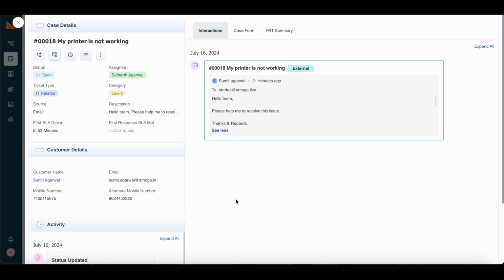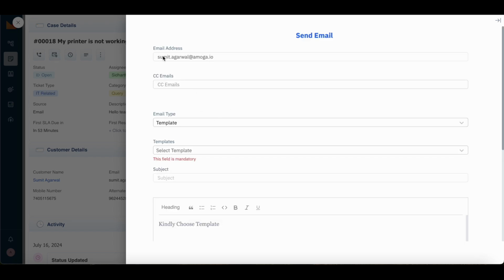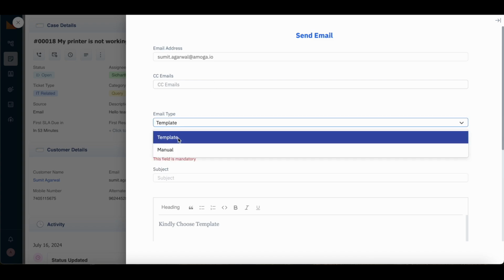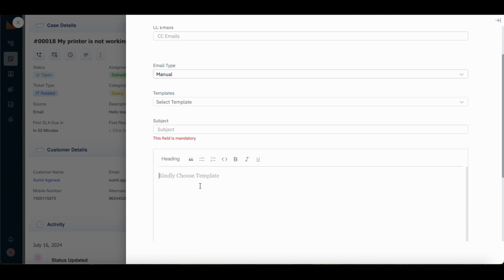Let's say the agent just initiates a mail from here. I'll just click on the send email button, and it will open a page which will allow me to send emails. The email address is automatically configured, which is a disabled field. You can add CC emails here if you want to send the emails to more people in the CC. Then we have two options in email type, which is either templated or manual. Manual will give you a free text editor, where you can type the subject and the body of the email,